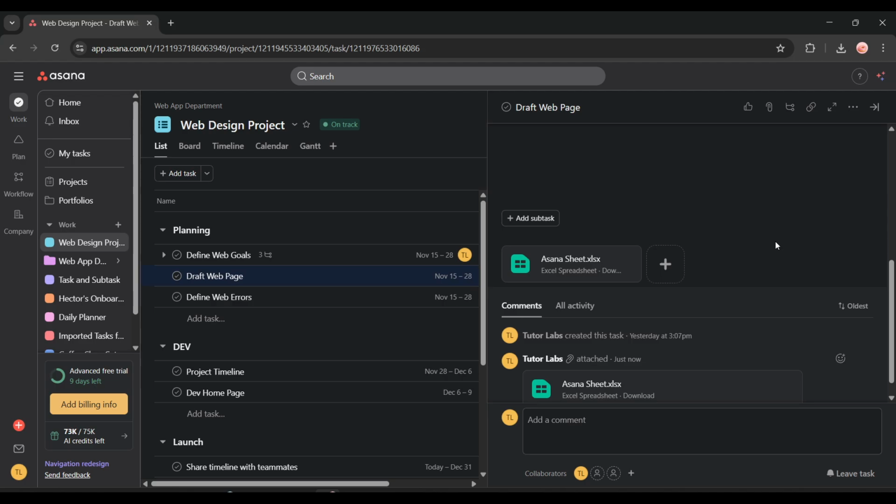Now, managing these attachments is just as important as adding them. To download any attachment that's been added to a task, simply click the drop-down arrow next to the file name. From the menu that appears, select Download Attachment. This makes it easy to save copies of important files to your local device whenever you need them for offline